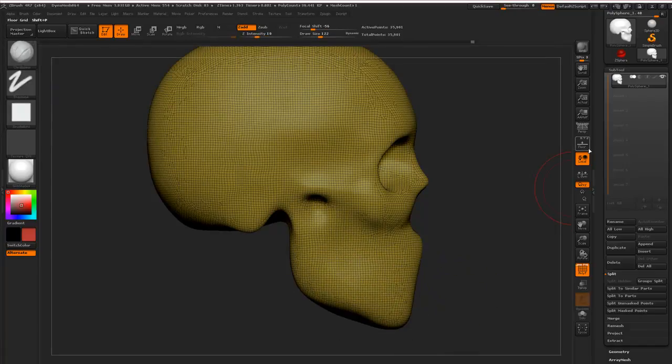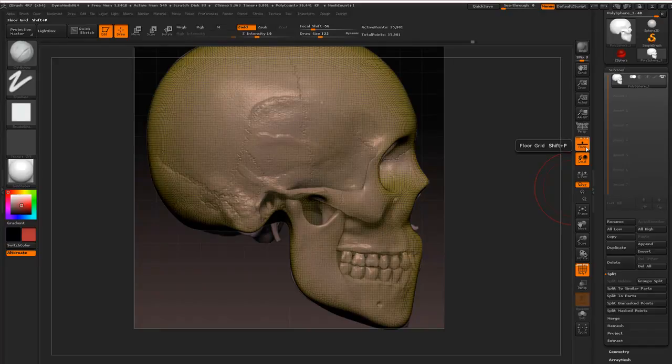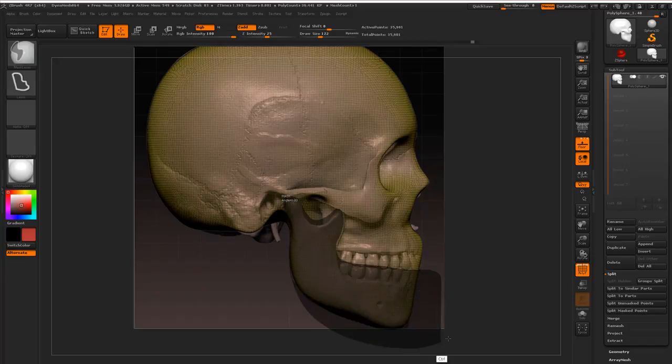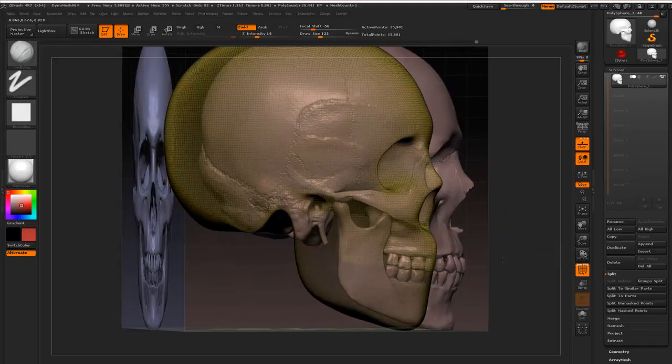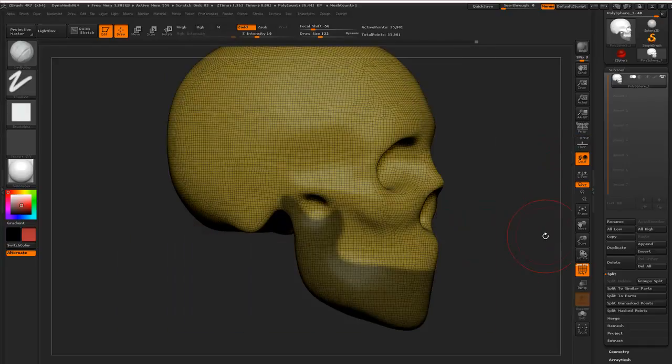That's pretty crude, so let's go ahead and turn on our floor so we can follow the reference sketch here. To create our mask, I'm going to hold down Control right in between the teeth here. Take your time here and try to get a nice shape. Get the upper portion of the mandible, and then get that whole thing. There we go. Once it's masked out, we're going to hit Control W,